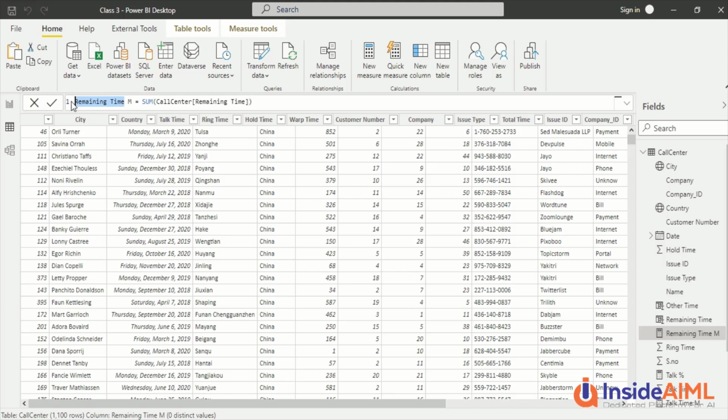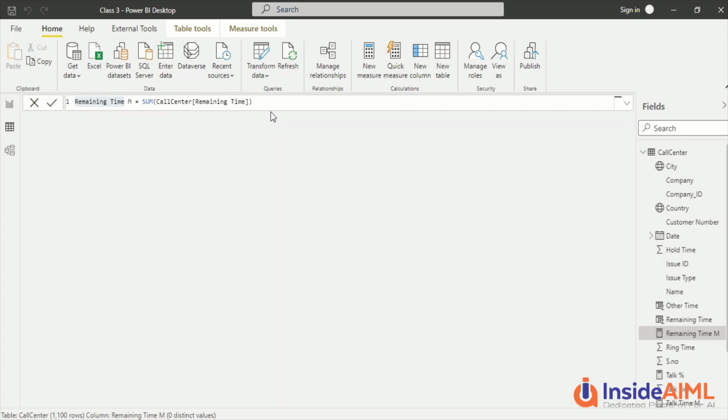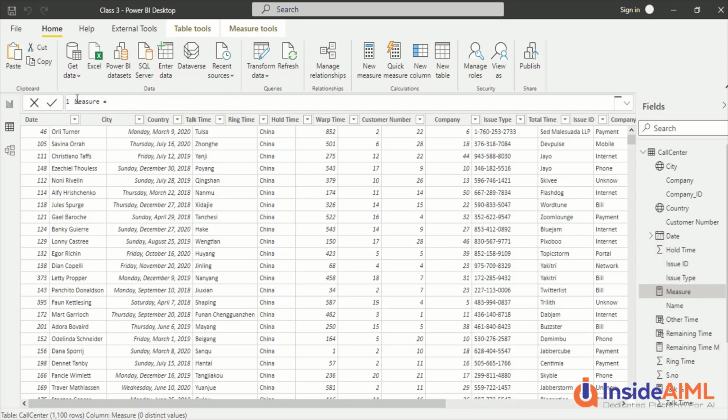Again, let's copy this name, remaining time. Now we will create one more measure. When we are in this mode, we will always see this measure option, and that's why, when I'm doing some kind of data preparation exercise, I typically remain in the data tab so that I get these options, measures and columns, pretty quickly. I click here, I get another measure, and in it I can call it remaining time percentage.